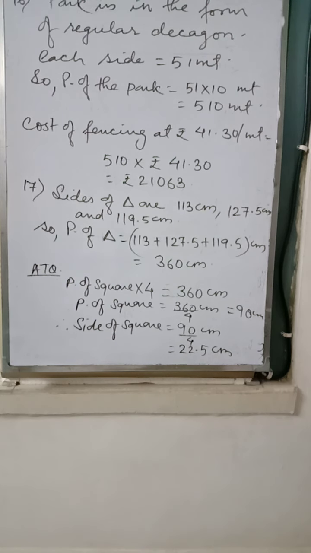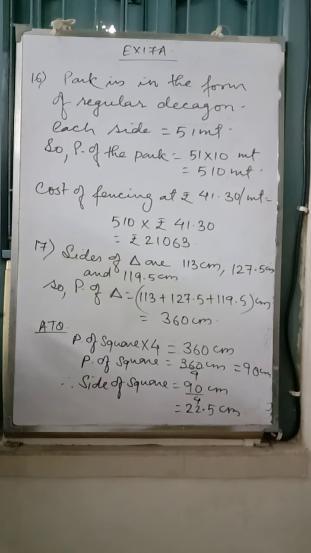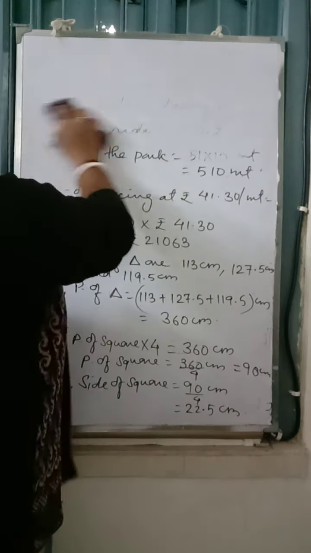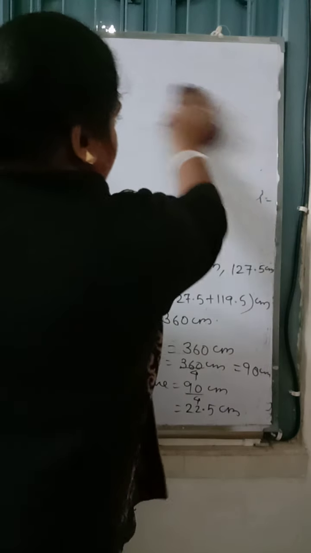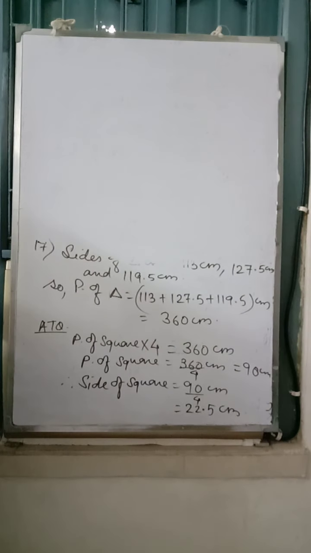Look at question number 18 now. 18.1 I will be doing. 18b you have to do. You have learned Pythagoras theorem, is it? Now here you have given the length and the diagonal. So the breadth you have to find, and once the breadth is found, you have to find the perimeter of